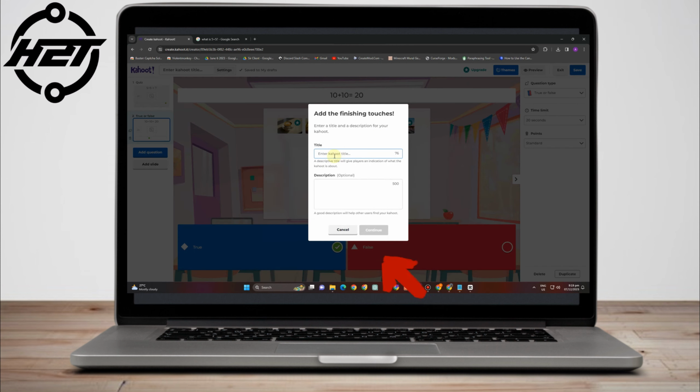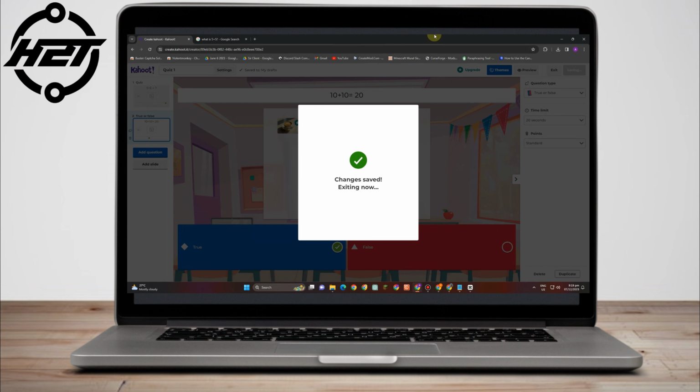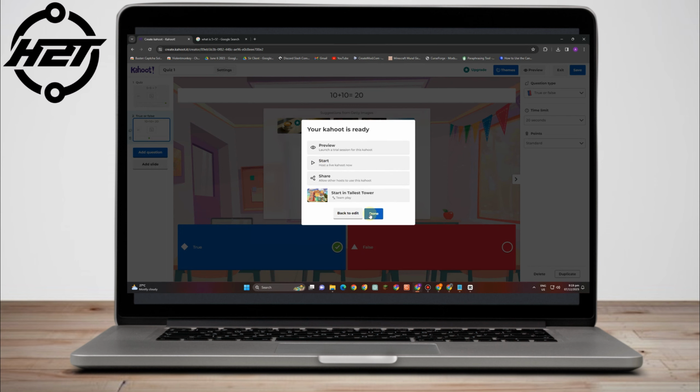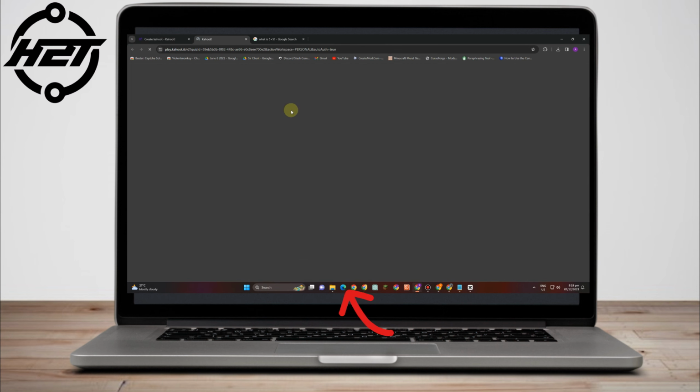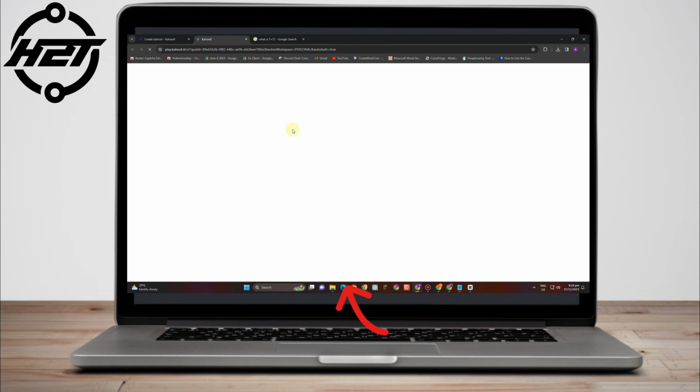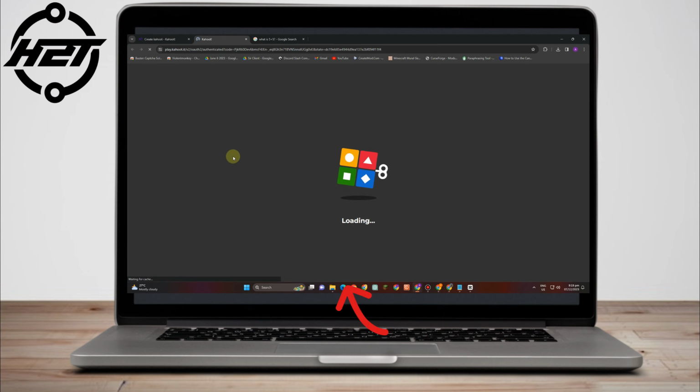Once done, you can now create a title. You can add a description, but that is optional. Then, once done, click continue. It's now validating, and click done. Now, all you have to do to review this is click start and it will take you directly to Kahoot. There, if you share this link, people can see this and people can play this. So that's how easy it is to create your own